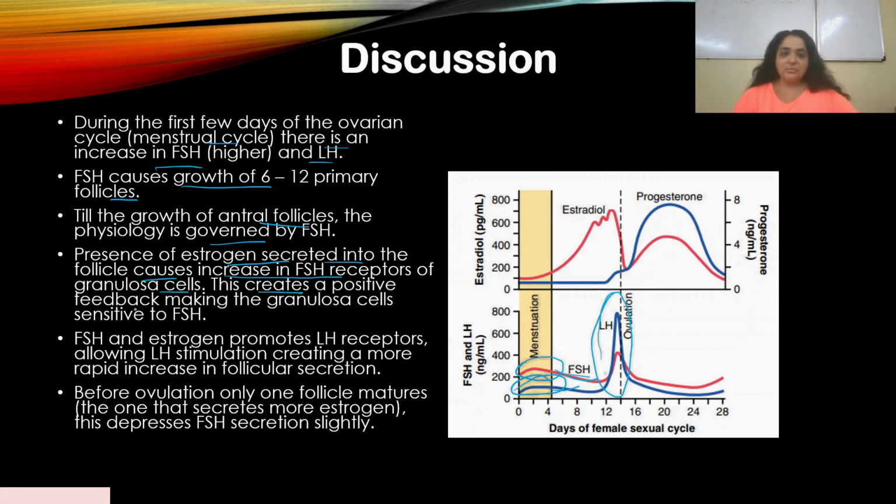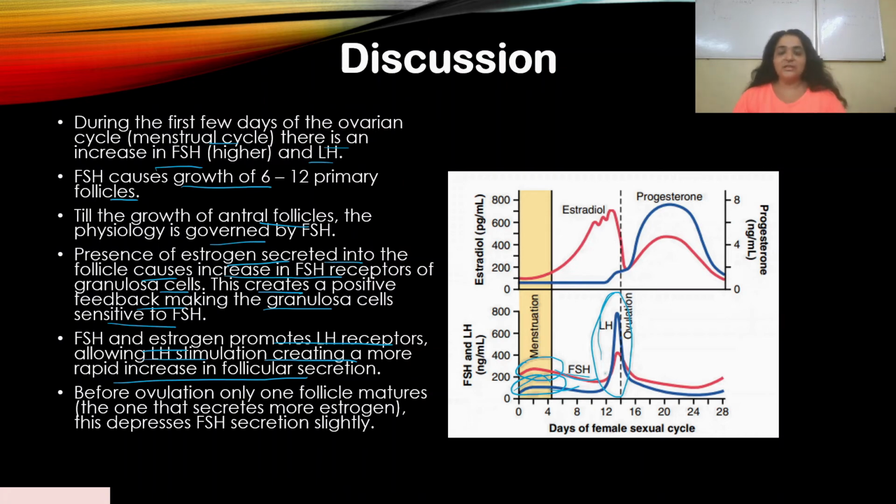Now this creates a positive feedback, making the granulosa cells sensitive to FSH. The more receptors are there, the more FSH will come and bind to it, right? This also has a further effect. FSH and estrogen promote LH receptors, allowing LH stimulation, creating a more rapid increase in follicular secretion. Now LH,